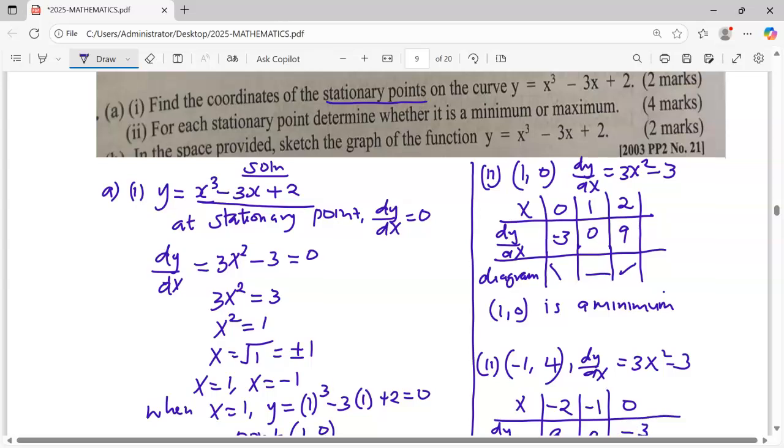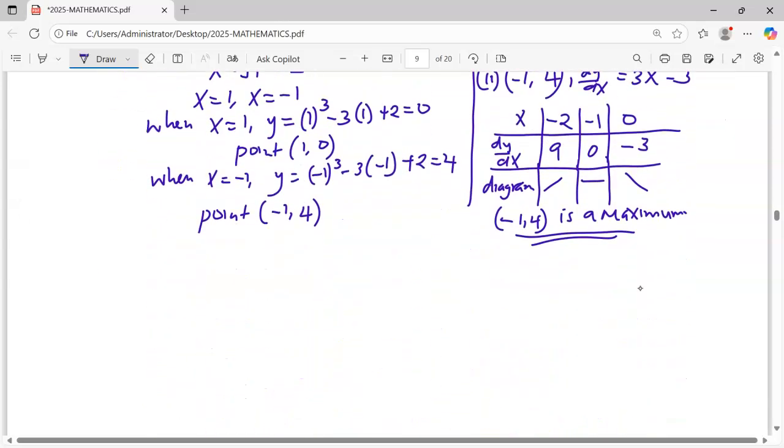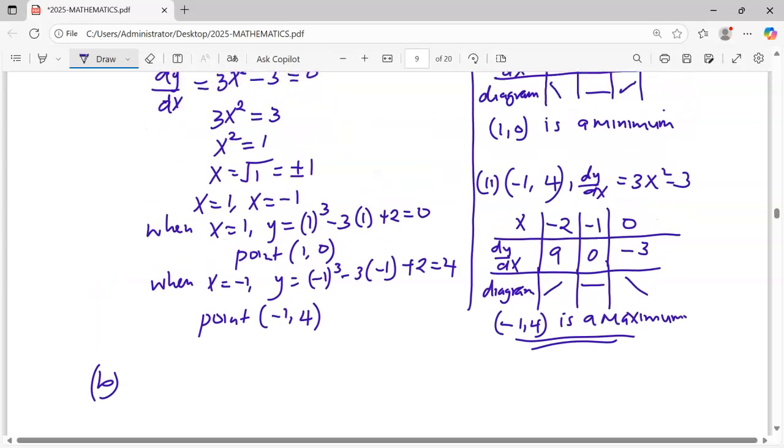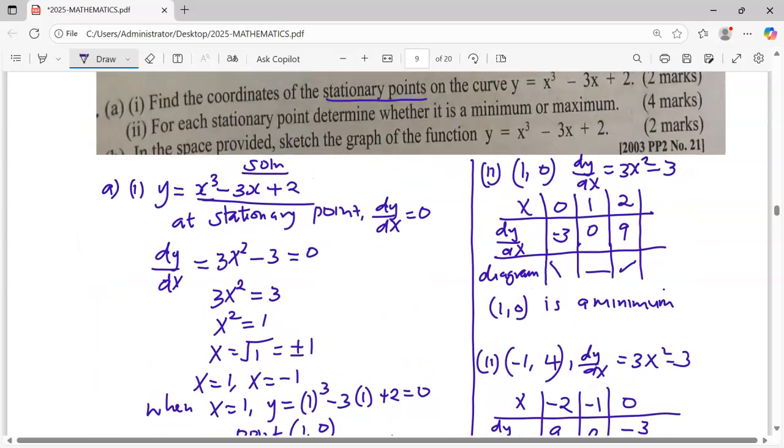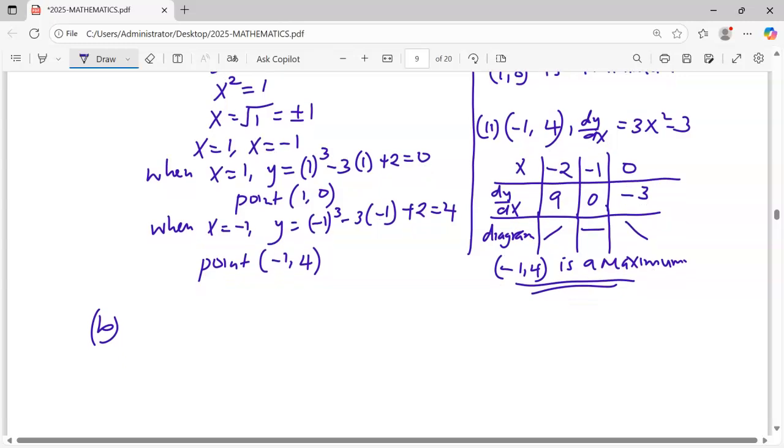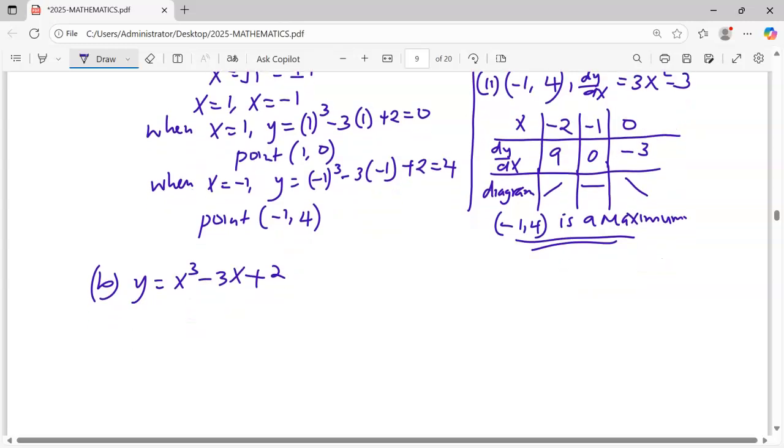Part A is already done. We move to part B. In part B, we are told, in the space provided, sketch a graph of the function y is equal to x cubed minus 3x plus 2. For us to sketch the graph, what we need is the stationary points. And the stationary points we have are positive 1, 0, and